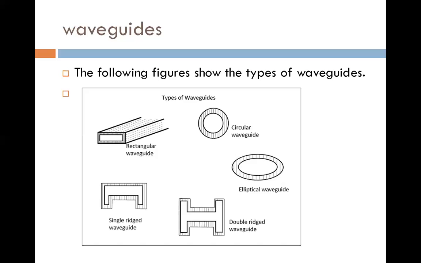Sixth is the transmission line: two signals of the same frequency cannot propagate because of interference, while in a waveguide, more than one signal of the same frequency can be propagated with different modes without any interference. So that is another good advantage. Two signals of the same frequency cannot propagate because of interference, while in a waveguide, more than one signal of the same frequency can be propagated with different modes without interference. So that's why we go for the waveguide.